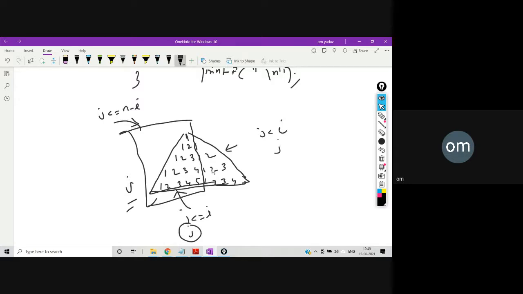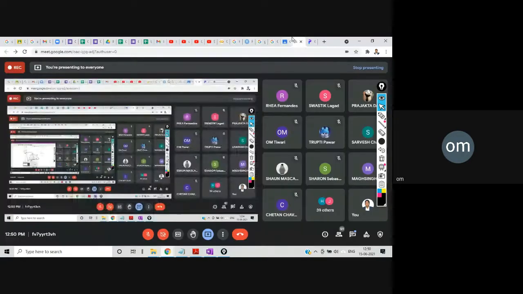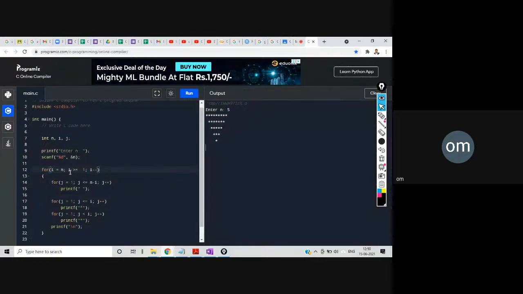So let's try to print this pattern. I hope you understood what pattern we have to print. Let's see this. I'll just make it straight. i equal to 1, i less than or equal to n, i plus plus. If I print this, I got the straight triangle.